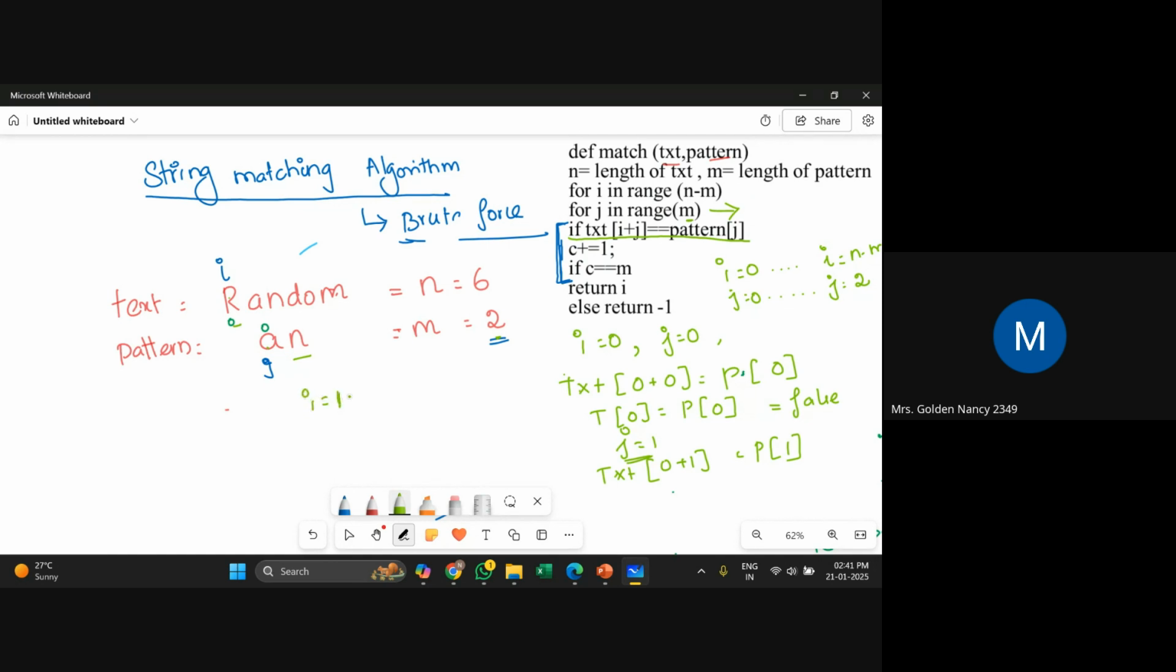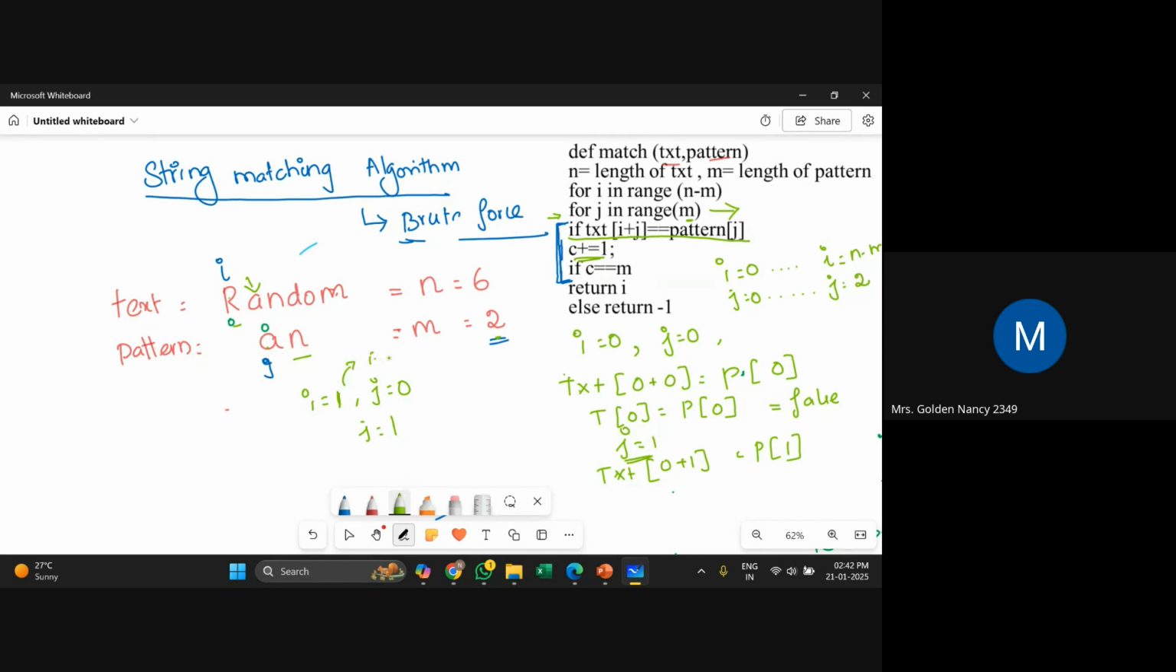Okay, now i is 1, j is again coming back to this loop, so j will be 0. So this i is 1, so this position and this position are compared, they are equal. So what you are doing, you are just increasing the count c value as j is equal to 1. So now you are checking, if it is equal, then you are incrementing this i